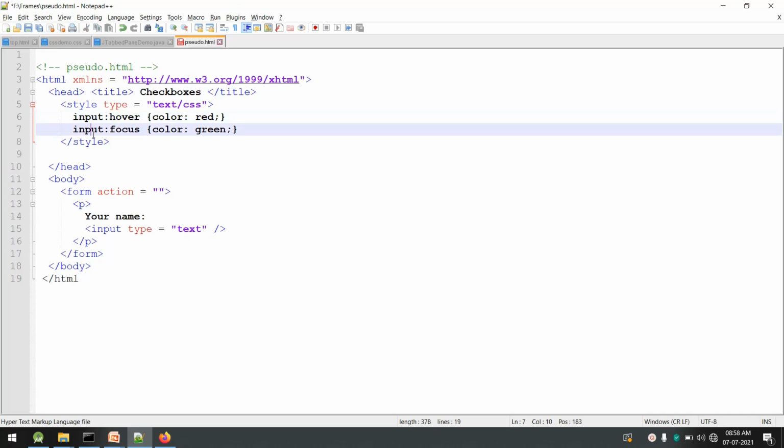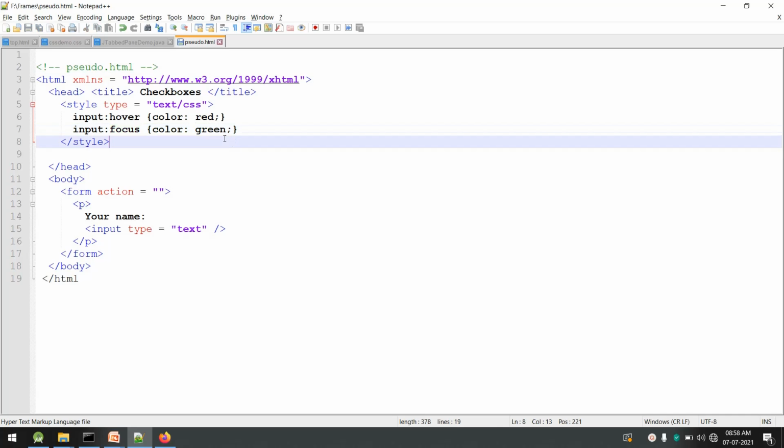Then we have input focus. So the class is focus, again on the same element, that is input, and the color is green. So whenever the text box is in focus, the text color will be green. Now let us look at the output.